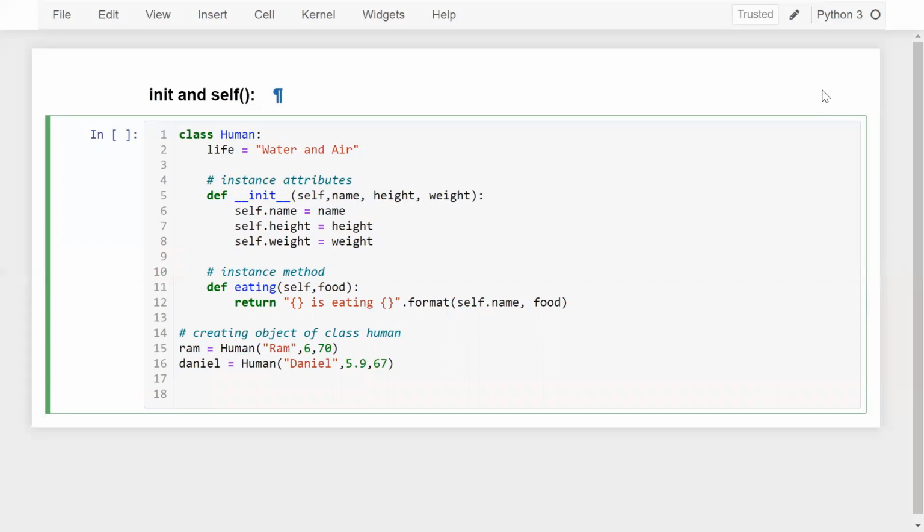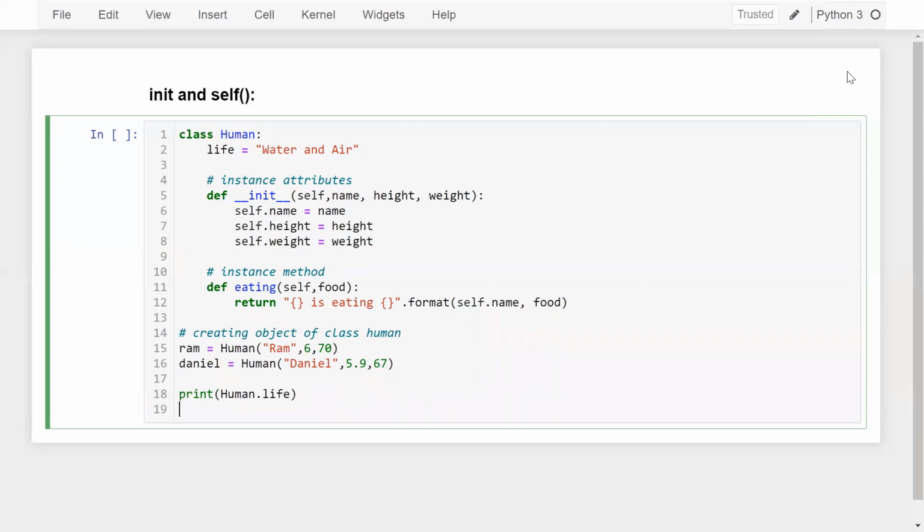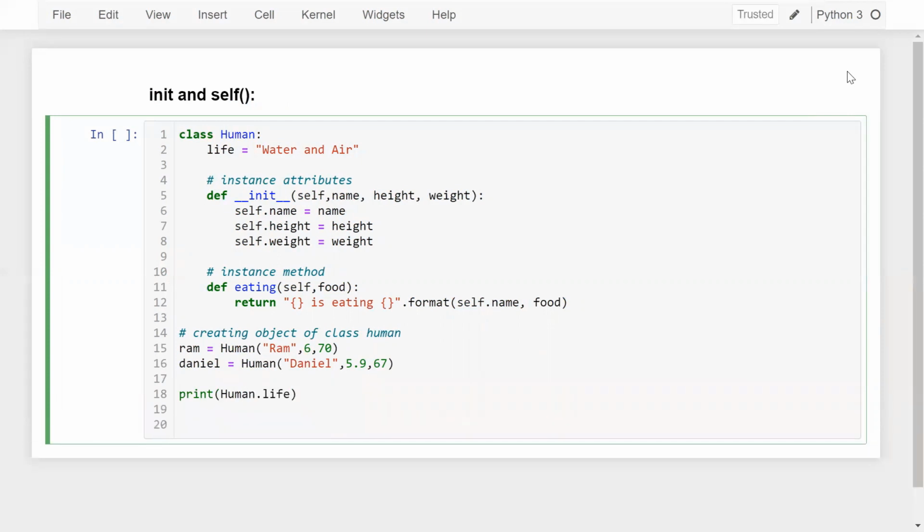So now the question is how we can access the class variable. Using the class name, we can access the class variable. Simple, print Human.life. Okay. And the next thing is how we can access the object information. So guys, the objects here are Ram and Daniel. These two names are objects of the class Human.